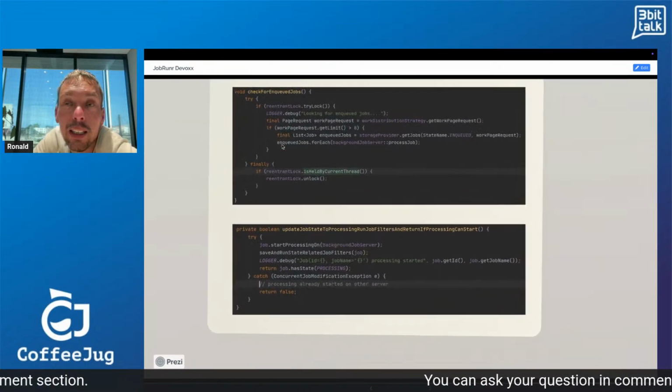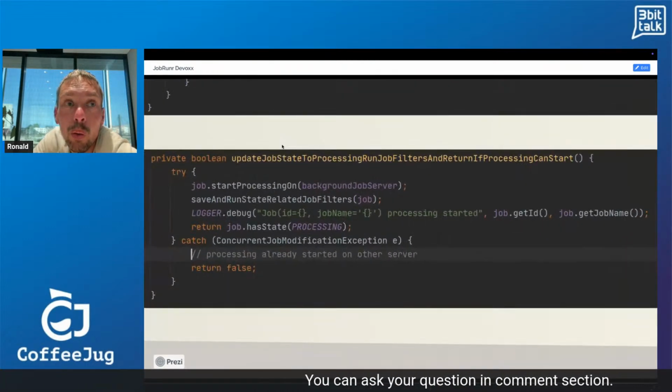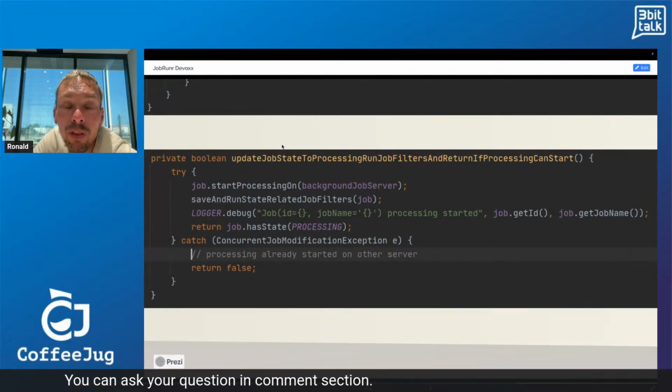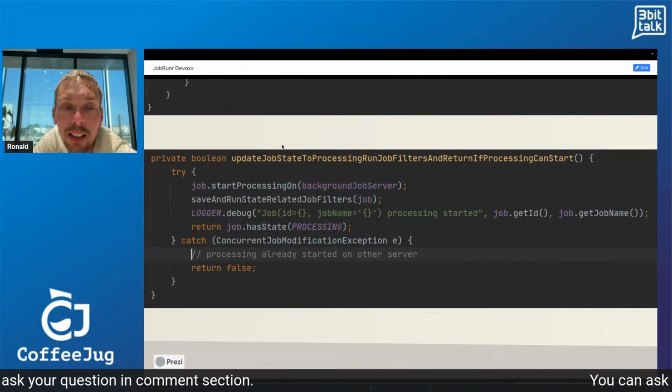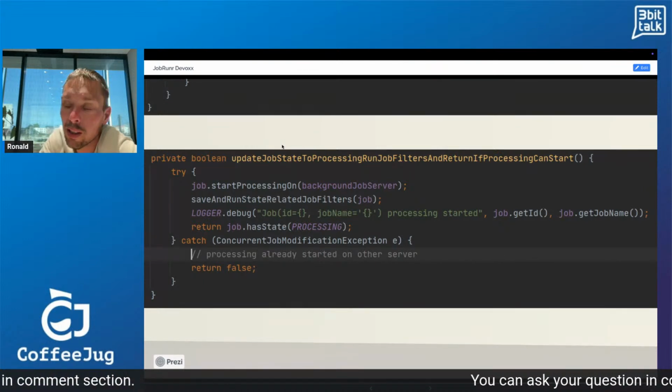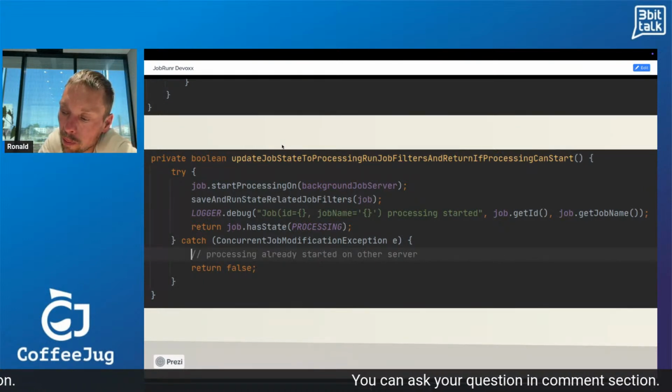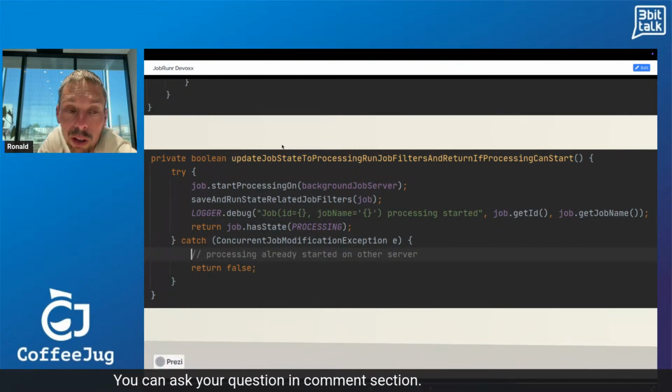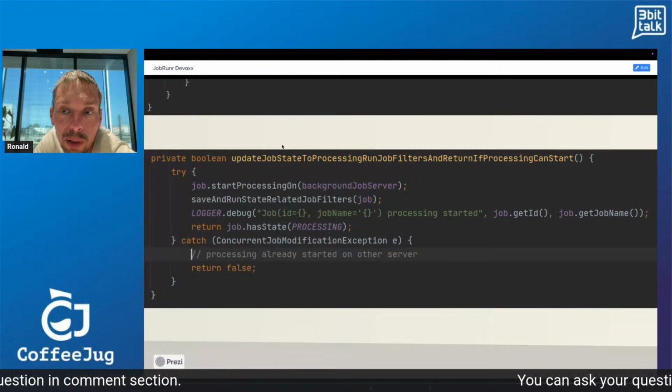And now in JobRunner v7, we do something really cool, I think, to improve performance, and it's called select for update skip locked. What that means is that we delegate responsibility for not giving out all the jobs to the database, and it has a really nice performance improvement.